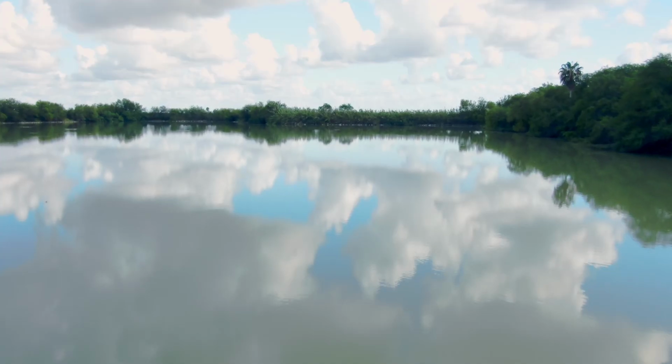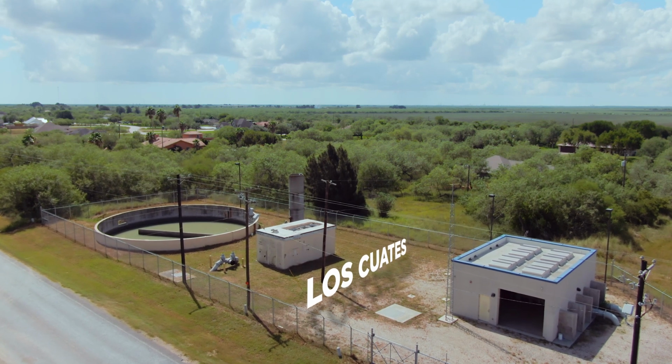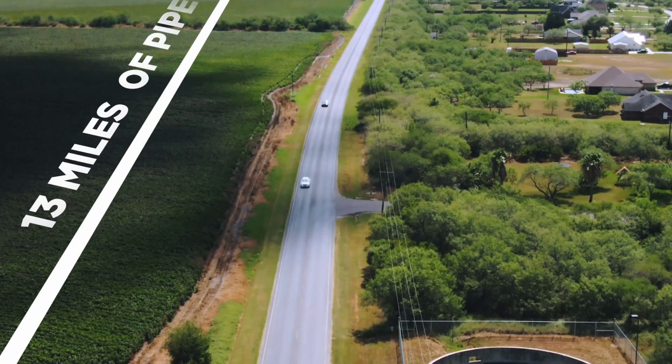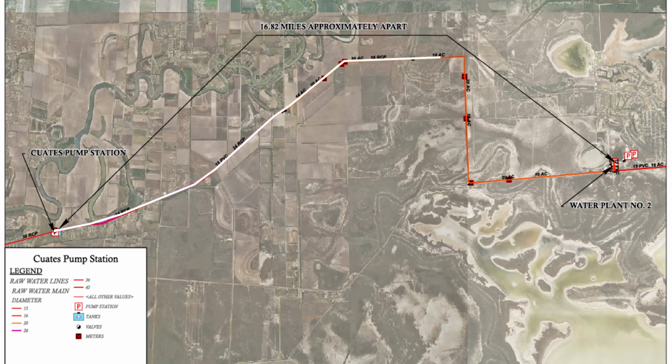Reservoir 4 then pumps, or gravity feeds the water down about 16 miles to Cuates Pump Station in Los Fresnos. Cuates is a concrete basin that holds 50,000 gallons. From Cuates, the raw water is then pumped 13 miles down to Reservoir 3, which is located at Water Treatment